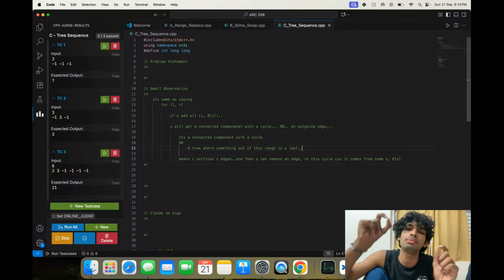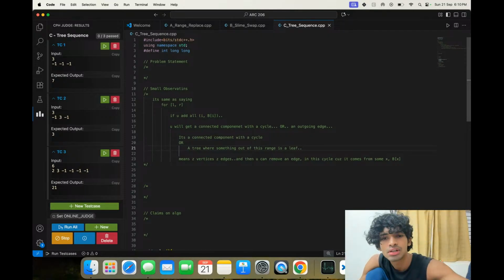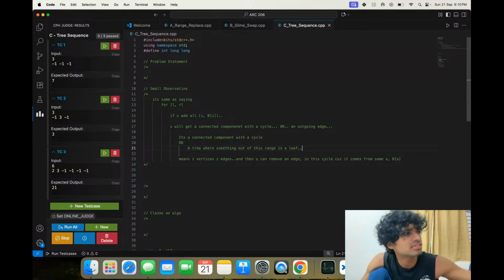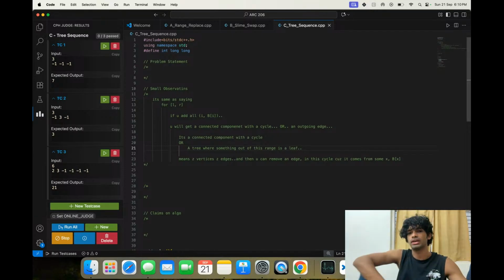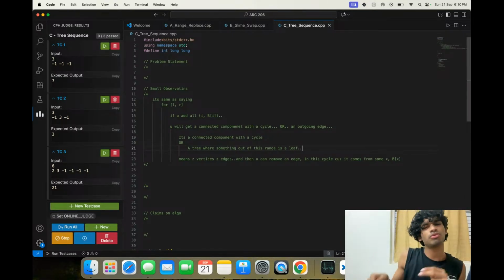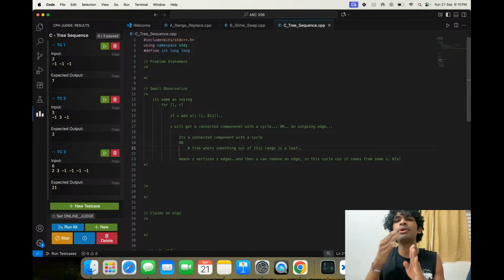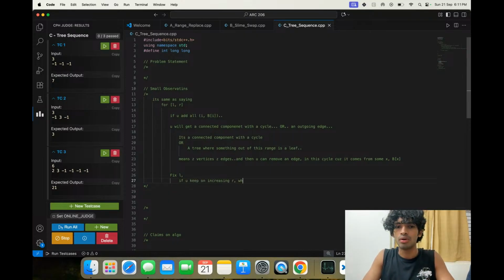It should be a single vertex. Whatever is outside of this range that bi is going to, it should be a single vertex. So what is the structure of this? What are the restrictions? What are the constraints? We have to think. Okay, let's fix some L. If R keeps on increasing, what happens? It will be a tree. Okay, fix L. If you keep on increasing R, what happens?